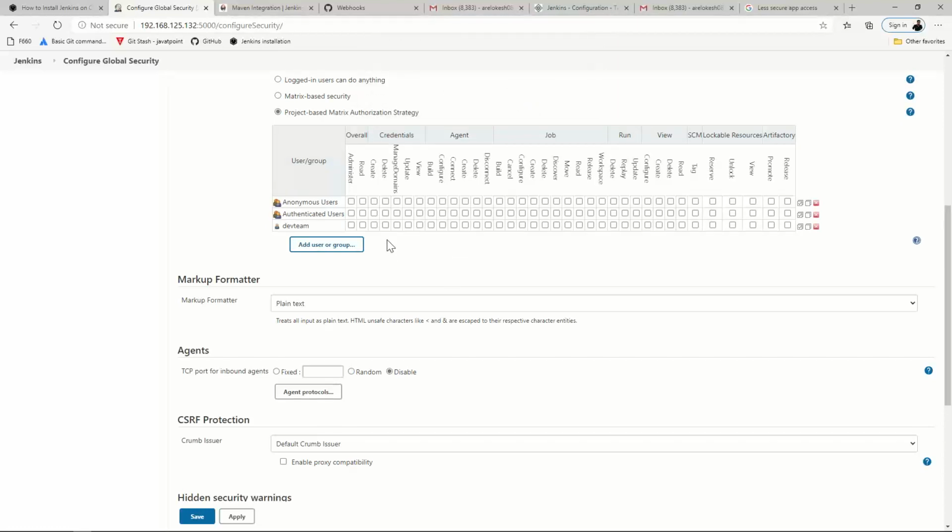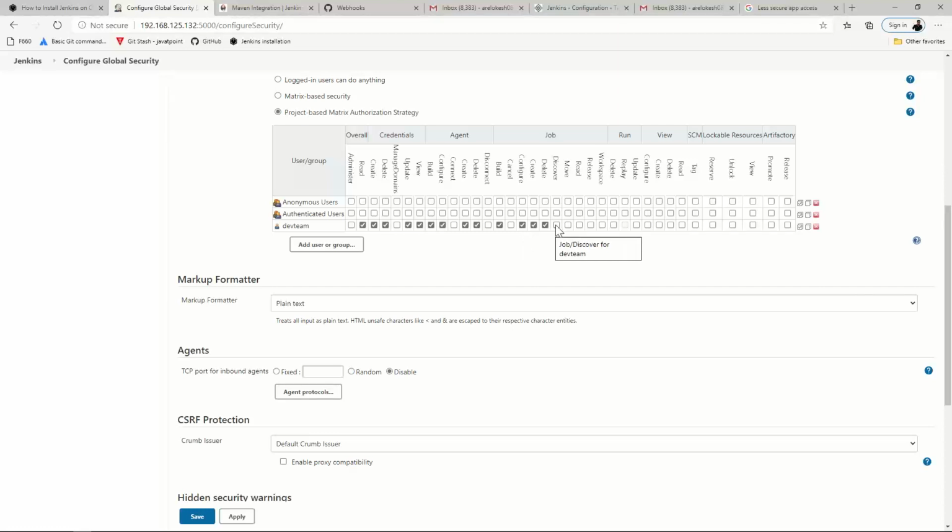Now over here we'll add permissions. First you will add read. Check that box. Then create, delete, update, view, build, configure. The user can create, delete, build, configure the job, create the job, delete the job.